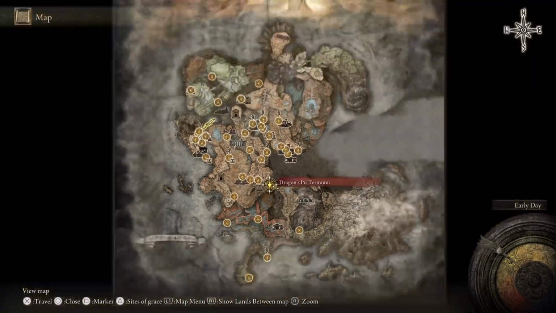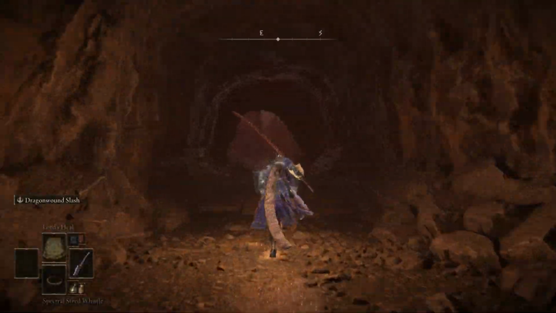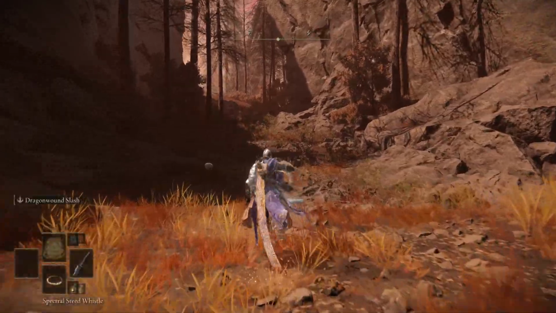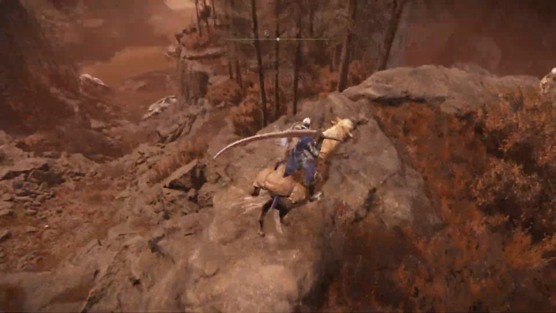Once you get to the foot of the Jagged Peak, go up on the ridge to your right and you will find a message from Igon. Read it and then go down and keep following the path to the south, beat the dragon blocking your way,